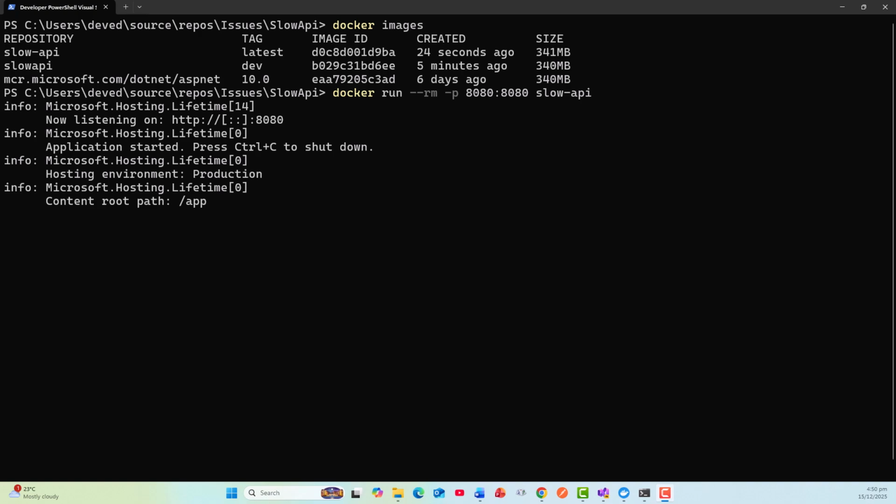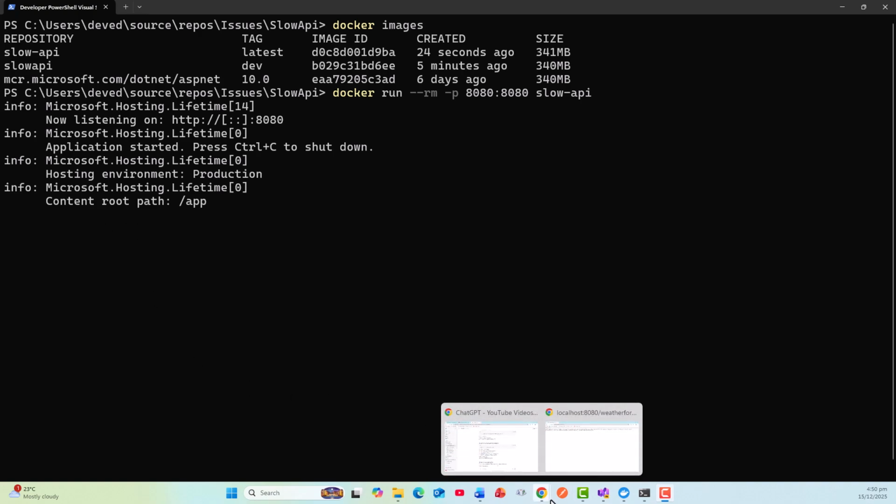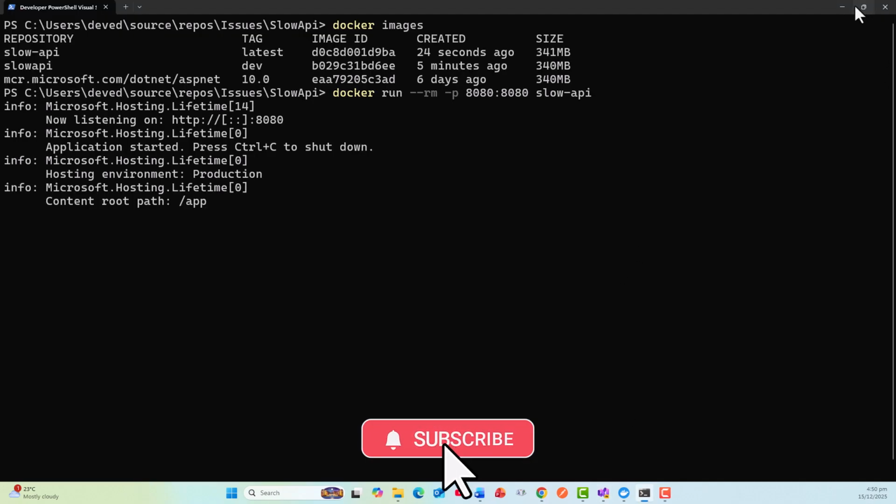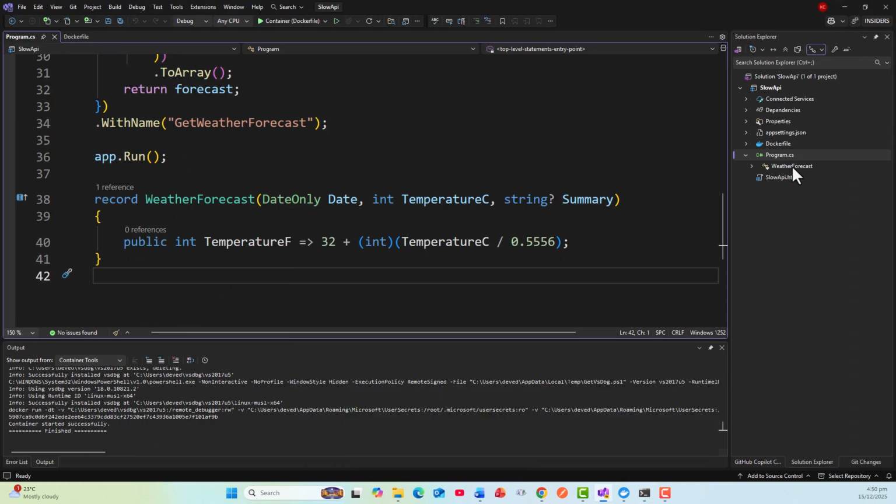Web servers are supposed to stay alive, so now it is actually running. I have now browsed to localhost weatherforecast, and you see this is all JSON data spit out nicely. This is the weather forecast, and it comes from, if you minimize this,